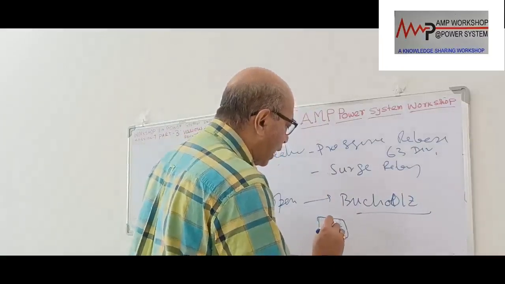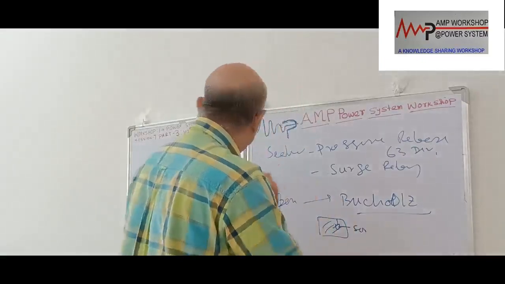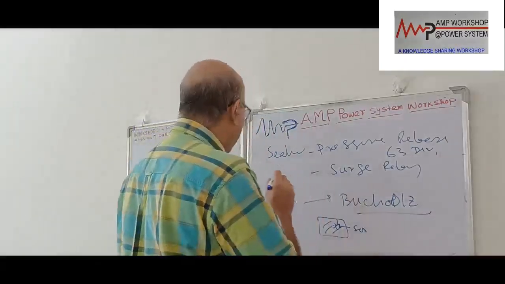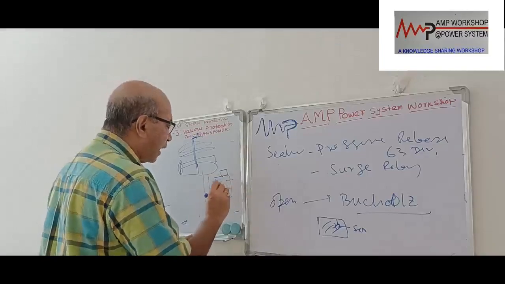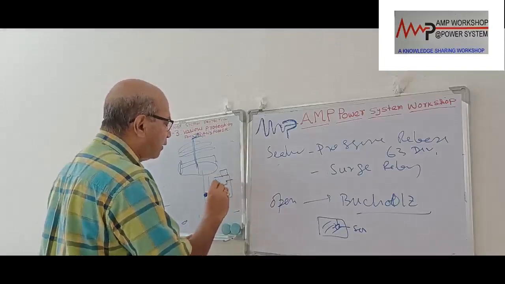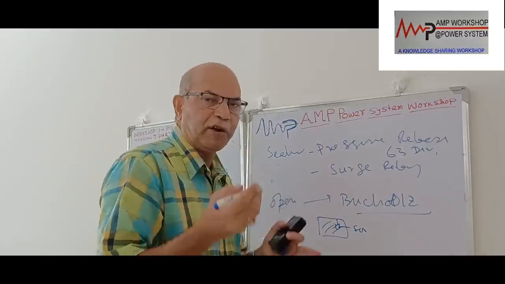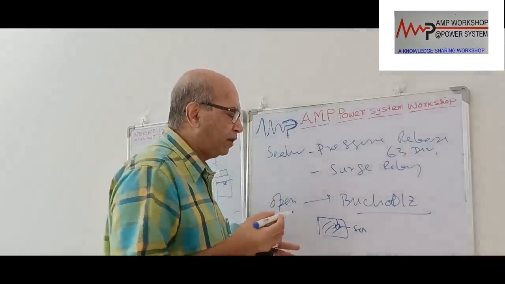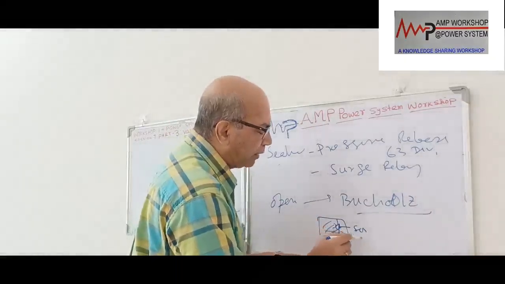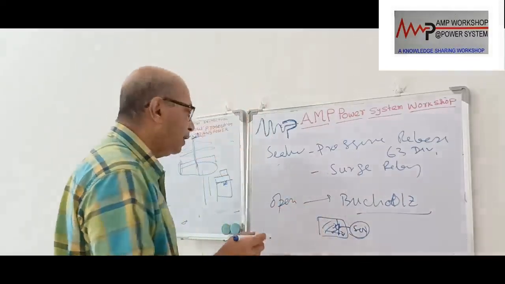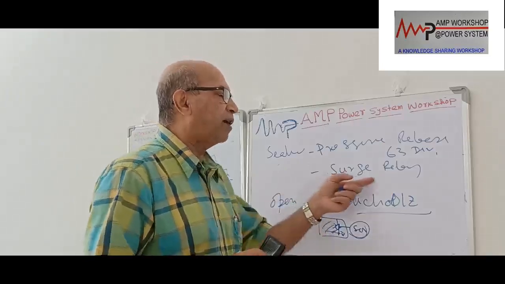Oil wave will be produced, and inside the oil there is a relay we call the surge relay. The pressure relief device is mounted on the top of the tank. Suppose this is a tank, it is mounted on the top of the tank. But the surge relay, suppose this is the oil level, is installed inside the oil. So when heavy gas is produced or a severe type of fault is there, immediately an oil wave along with the gas will be produced, and that will operate the surge relay, and the surge relay will directly trip the breaker. It will not give any alarm.